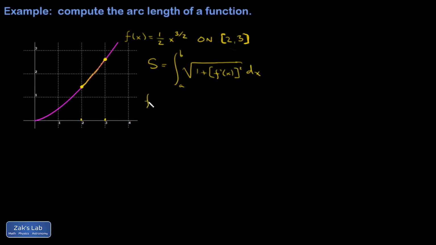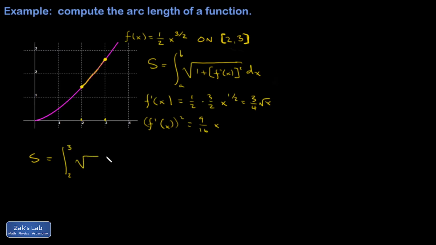So it looks like we have to compute f prime of x. And just running through the math real quick, I end up with 3/4 square root x, and when I square that, I end up with 9/16 x, and then I can get into my arc length integral. So s equals the integral from 2 to 3 square root 1 plus 9/16 x